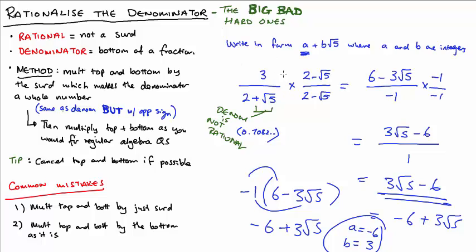So they give you this thing. They ask you to rationalize the denominator, or they tell you to write it in this form. It doesn't matter. If you see a fraction with a third on the bottom, you've got to rationalize the denominator. So we're trying to rationalize the denominator here. The denominator right here has a third. That's why it is